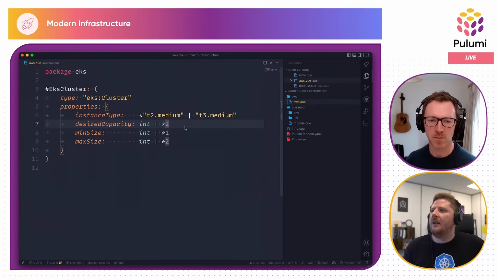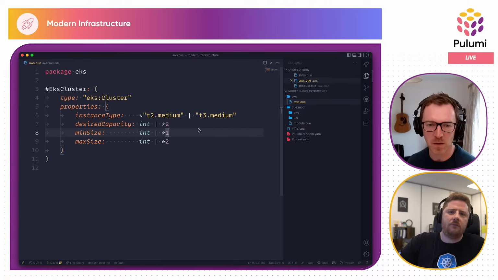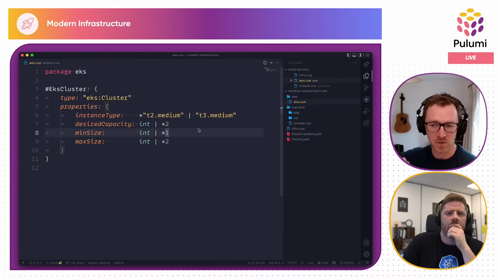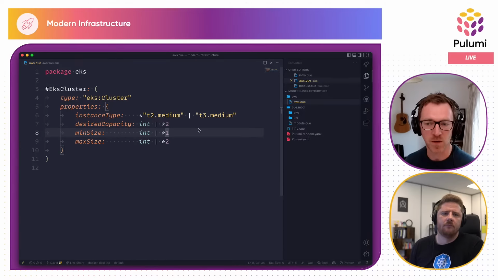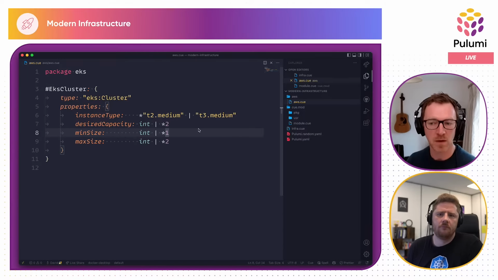Yeah. And just relating it back to the question that somebody asked about Q being used as policy, if there was a further constraint that somebody wanted to specify as a policy, that the instance types could only be t2.medium and not t3.medium, that could be specified as policy. And again, waving our hands to imagine how that policy would actually be consumed at that point, that would further constrain the valid instance types and prevent you from actually specifying t3.medium if you wanted to.